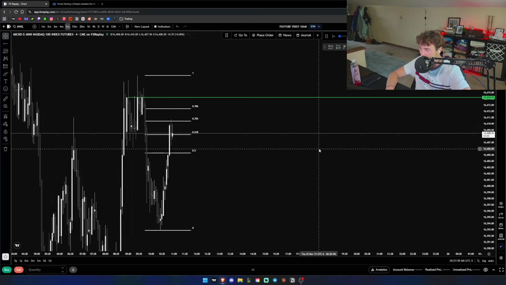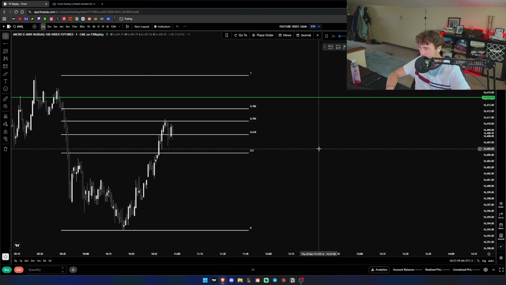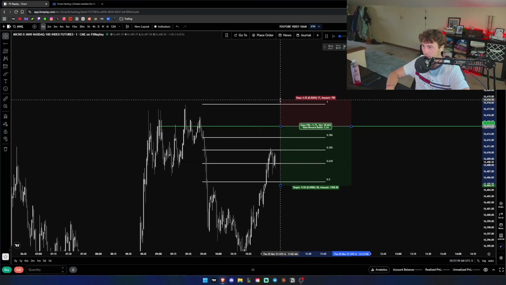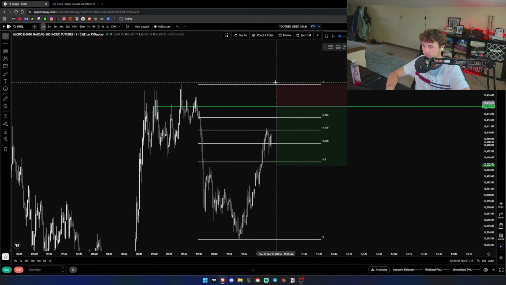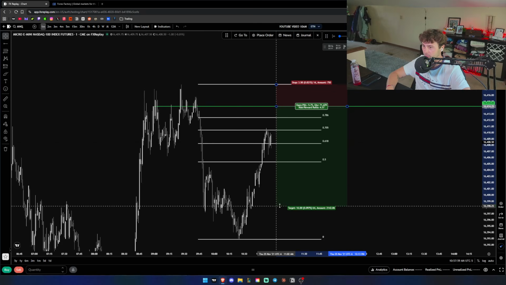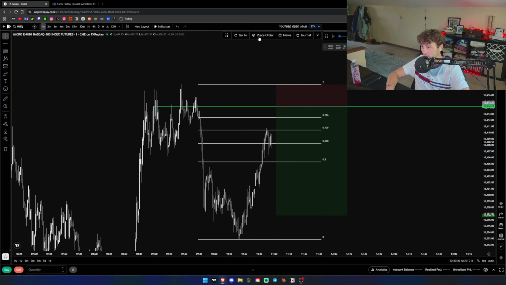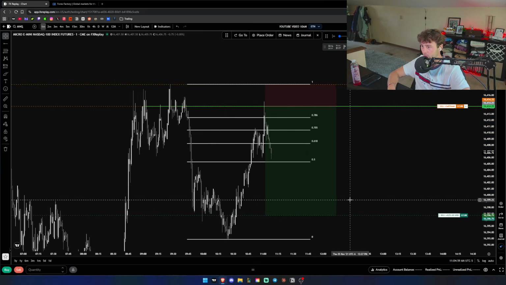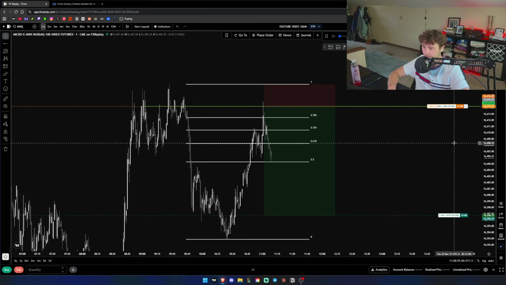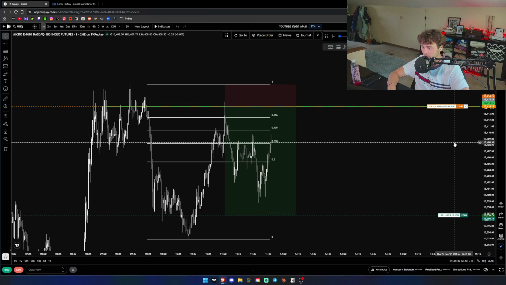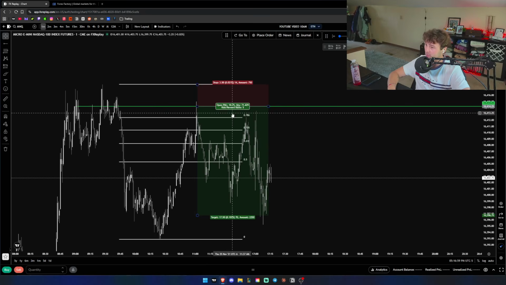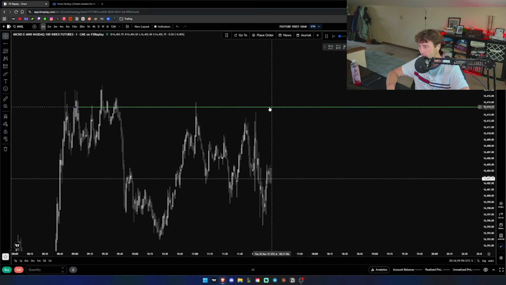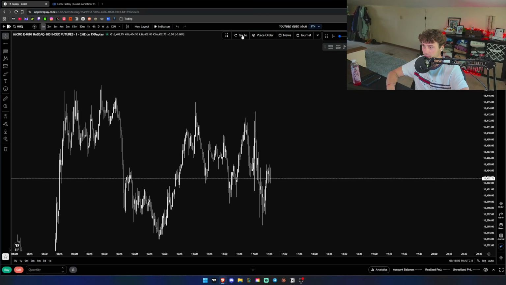Maybe a 5-minute rejection block? There is, but it's not great. We'll take it just for the sake of the video. This thing is definitely getting stopped out. 3-point stop loss. Not the most beautiful, but we'll do it. Save. Boom. Break even. And we hit TP. Almost got stopped out at break even, but you can see there's a win. Nice. Delete that. Go next day.